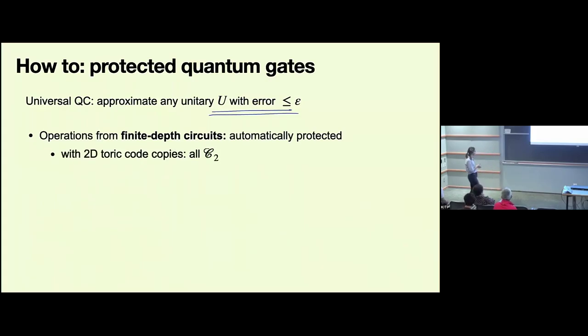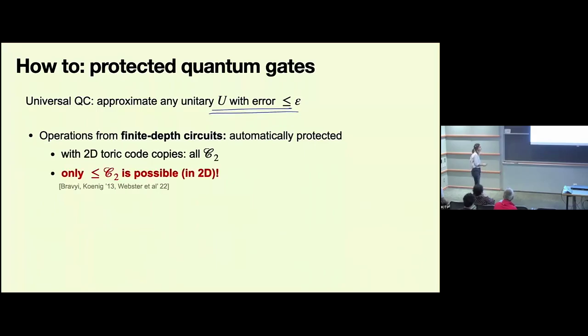The problem, and actually, if we restrict ourselves to only using copies of 2-dimensional toric codes, as well as maybe putting some boundary conditions and coupling them together, we are actually able to do all Clifford gates on any number of logical qubits. So this is a large number of gates. We would actually need to supplement that only with 1 additional incommensurate rotation in order to get a universal gate set, and we would be all set with quantum computation.